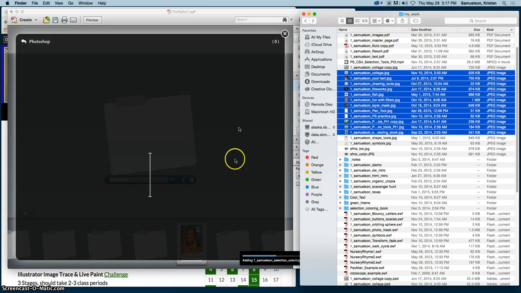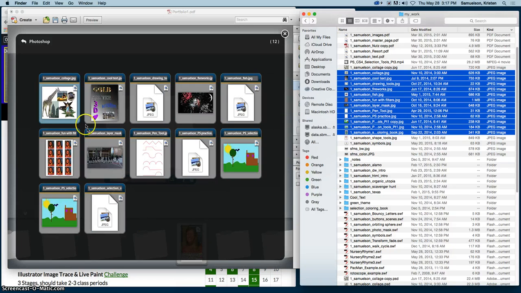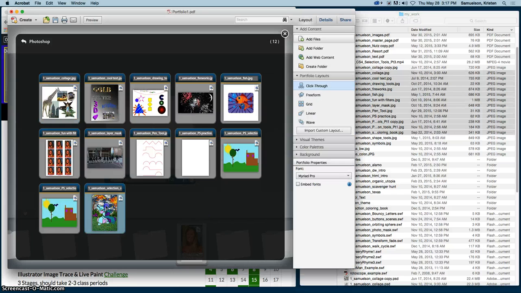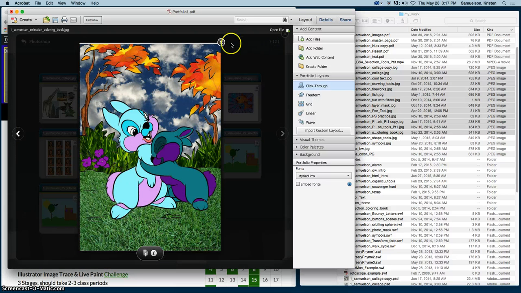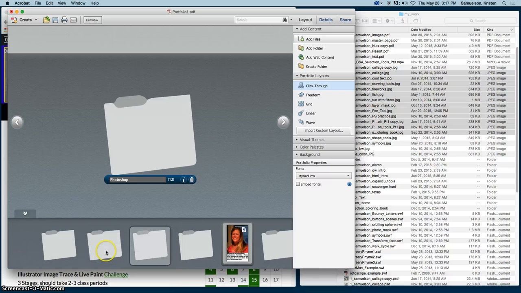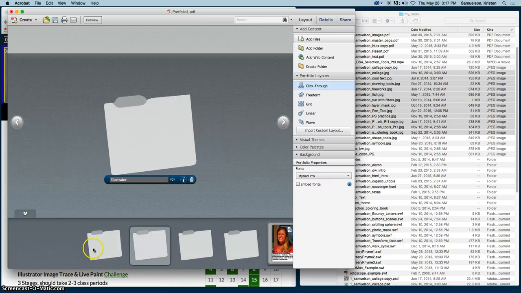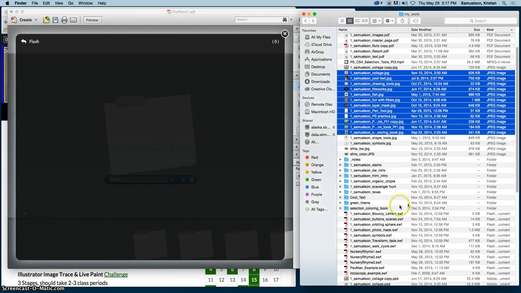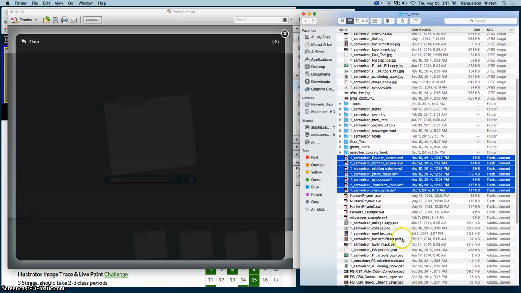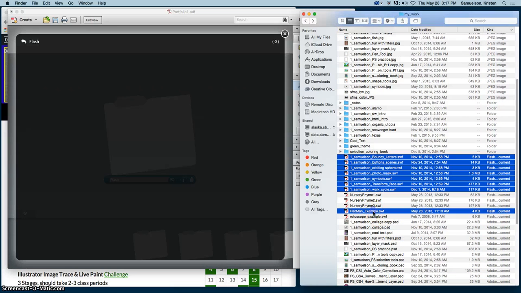I drag them in. You can see down here that it's adding. Here it is. And I have all of my thumbnails showing me what they are. I could double click on it and see it. Okay, so that's great. And then I can close that folder. Then I can do the same thing. I can go to Flash. There's Flash. For Flash, I need to make sure that I am choosing all of my SWF files, not the Flash files. Okay, and so I'm going to select those, drag those in,